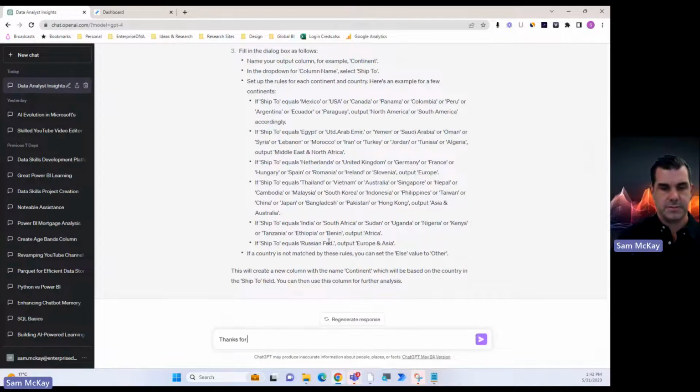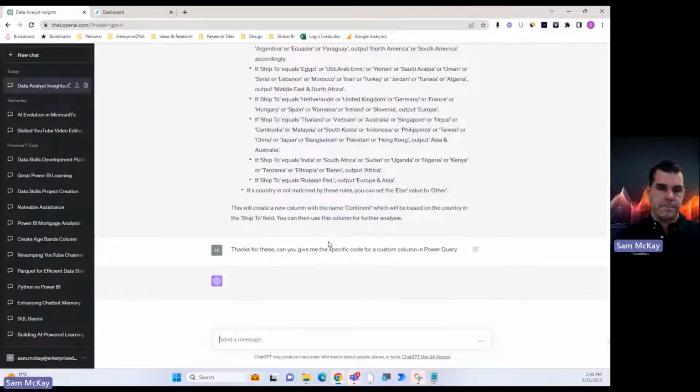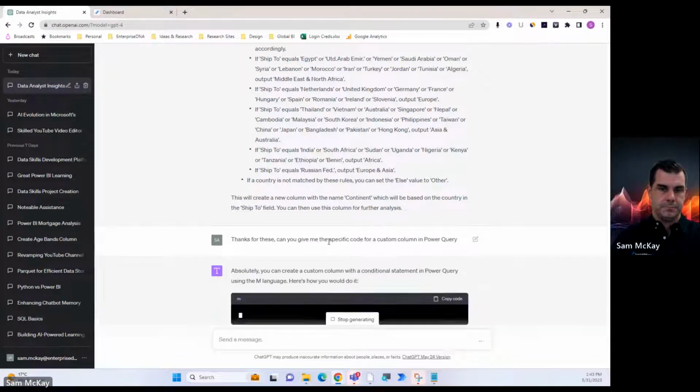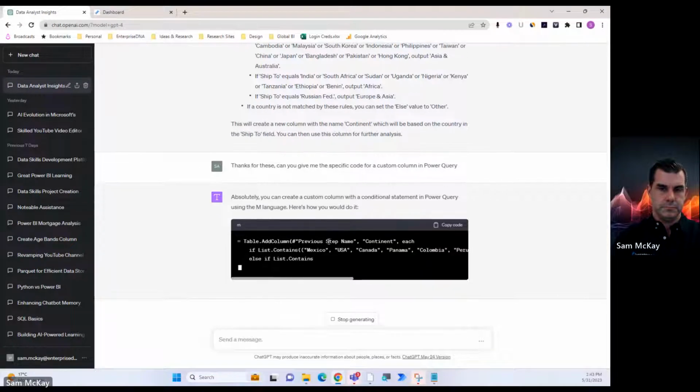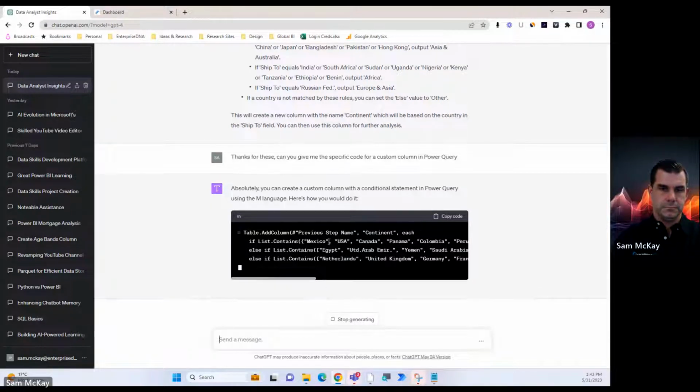Okay, thanks for this. Can you give me the specific code for a custom column in Power Query? Okay, let's see if it can come up with it. So it's giving me the actual M code instead of the custom code.